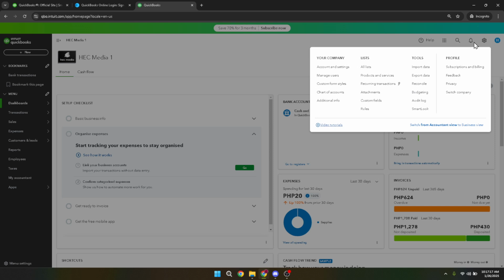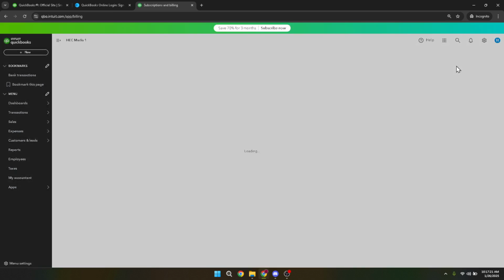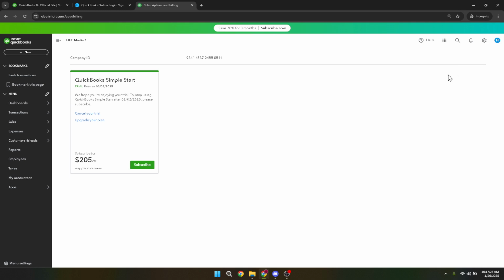In the menu that appears, you will see an option for subscriptions and billing. Click on this option to access the page where you manage your subscription. This is a crucial step, as all actions related to your subscription, including cancellation, are handled here. Once you are on the subscriptions and billing page, you'll see a series of options and details related to your